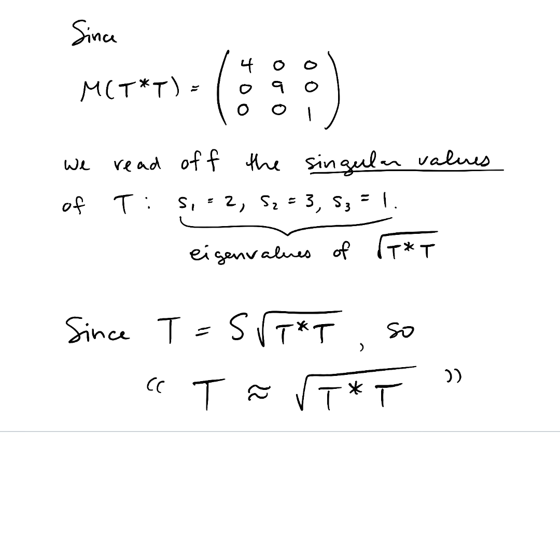Now, that isometry can definitely scramble things up after root T star T is done with them, but not that badly,